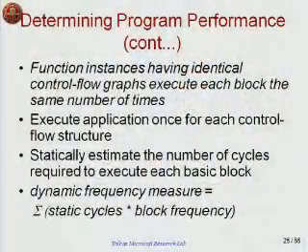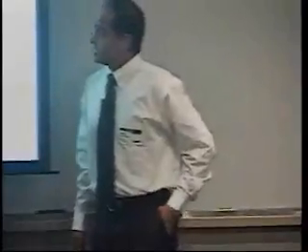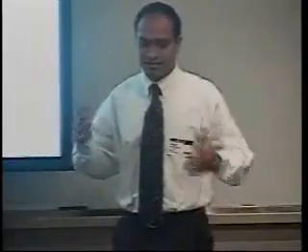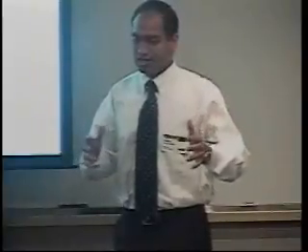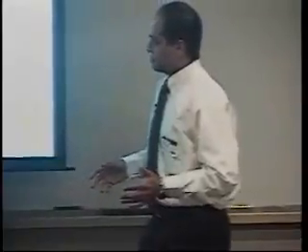So we have to use estimation, but the estimation has to be sufficiently accurate. We used a very basic and well-known notion in compilers: different function instances of the same function having identical control flow graphs will execute each block the same number of times. I'll show an example of this in my next slide, but it's understandable. If you have the same control flow, the same basic blocks, in the same function, then the same input data will instrument the same basic blocks.